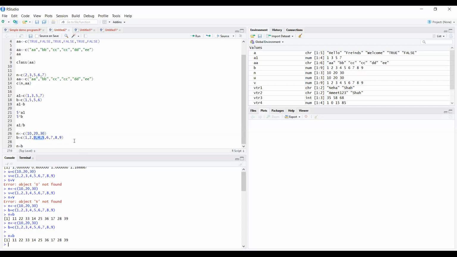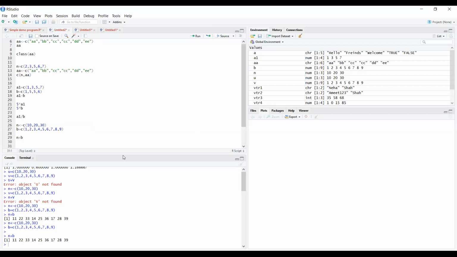Is it clear with everybody? Yes, sir. Okay, I am hearing the voice of only one student. What about the rest of the people? Are you getting it or not? Yes, sir. Everybody is getting it? Are you with your laptops or systems? Yes, sir.